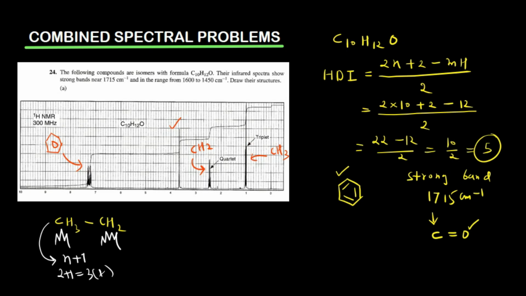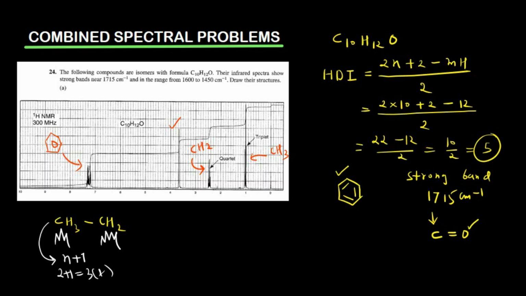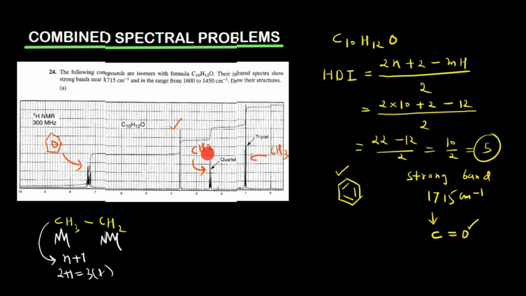So where can we put this 1 carbon? In order to decide the structure, first of all, we can connect the pieces together, because we have this carbonyl and it is connecting with this one. So if I draw the structure, I can write my CH3 here, and it is connected with the CH2. I can do just like that. And then this quartet, which is due to the CH2 group, is at